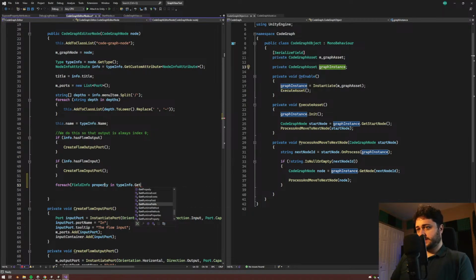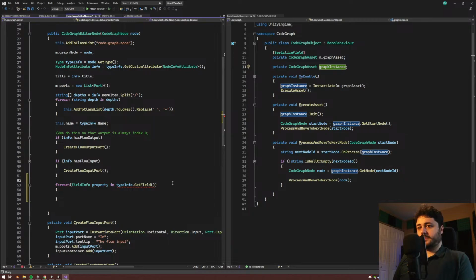Oh, sorry, get fields. Type fields plural, please. And then we go if property dot custom attribute exposed property, then